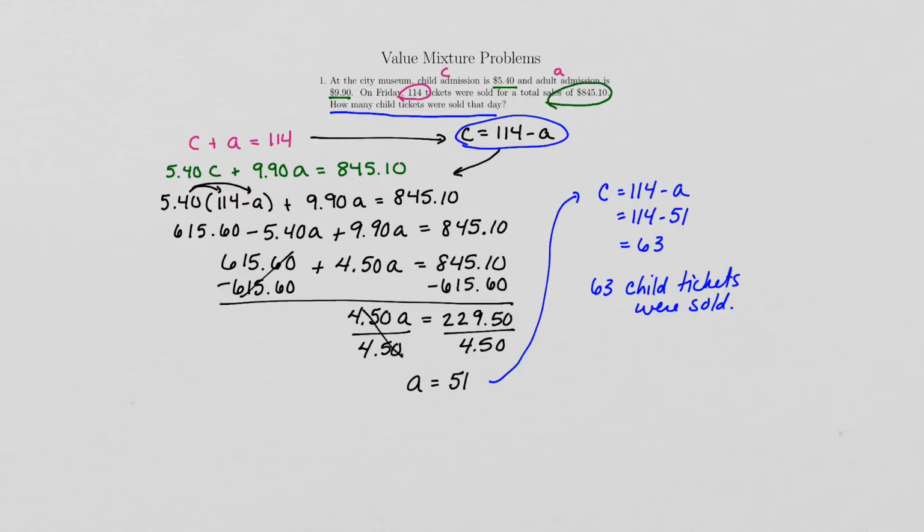So let's try another one here. And I should say the way that Alex does these, Alex may not make a system of equations, but since we've already done systems of equations, you feel free, and I think that's the easier way to do these. So this is kind of similar. It says at a movie theater, child admission is $5.80 and adult admission is $9.20. On Tuesdays, twice as many adult tickets as child tickets were sold for a total of